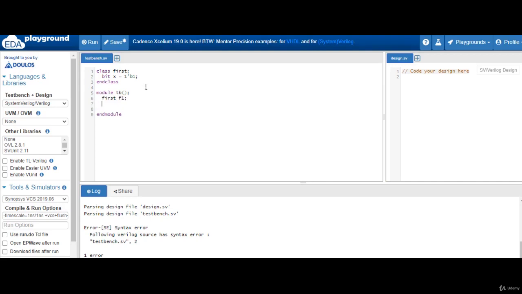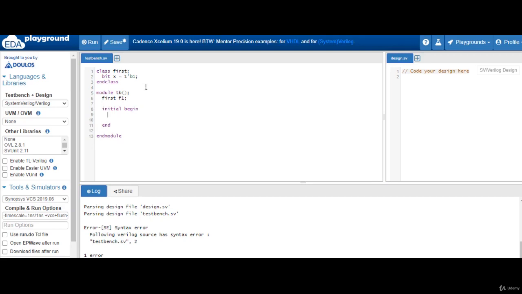but just creating an instance won't give us access to a data member. We need to invoke the new method to get access to a data member. So we'll start with an initial begin. Okay, and then we'll end so that we can have multiple statements inside an initial construct, right? Now the very first thing that we need to do is we need to use a new method, so that